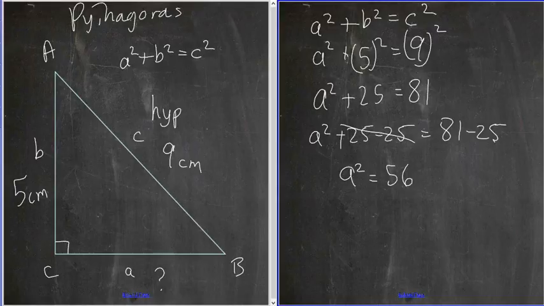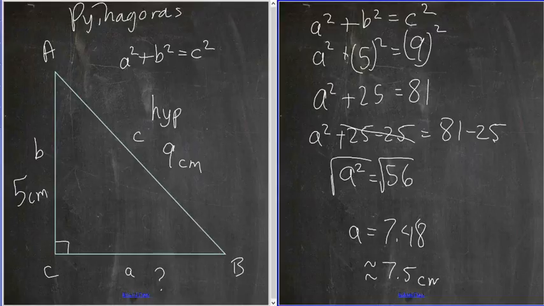Now, I'm going to call upon one of my wonderful students here to calculate for me the square root of 56 so that I know what a is. What is the square root of 56? It is roughly 7.48. So I'm going to round that to make my life easier, to 7.5